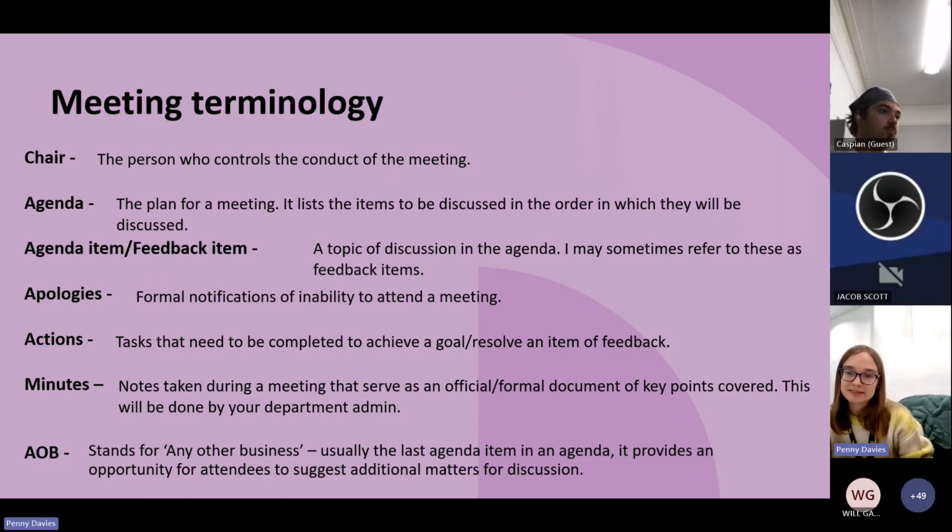I'll answer all of the rest of these questions afterwards, if that's okay, lads. Does anyone have any guesses as to what any of these words mean in meeting terminology? I know all of you have loads of questions, so we'll get back to these at the end of the meeting because I think it'll be easier.